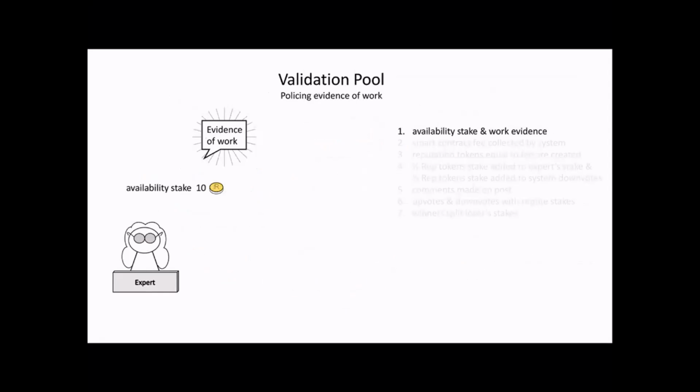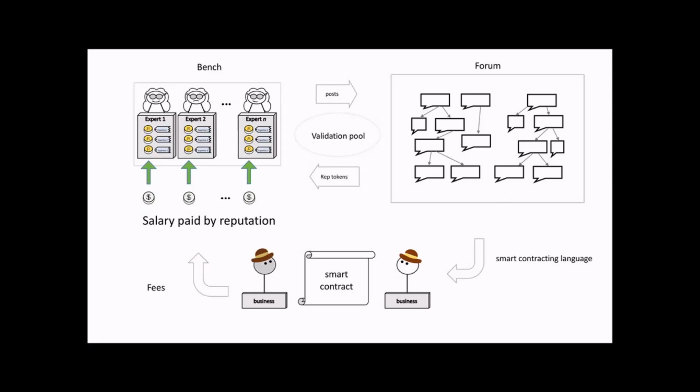I have another question, Professor. Are these experts anonymous, or does expert one know expert two, or do they know who's in the forum or who's in the bench? In this abstract example, everything is completely anonymous, and you can have 1,000 sock puppets if you want. So it's completely sock puppet resistant. Everything you do allows complete anonymity and allows sock puppets if you want to. In fact, it encourages sock puppets.